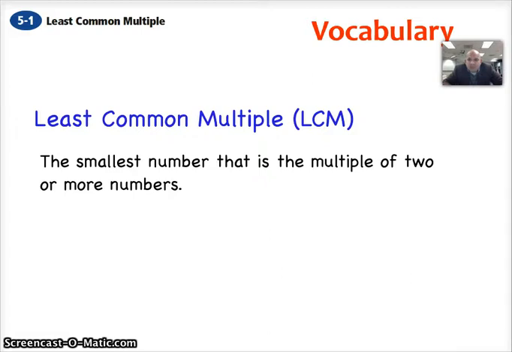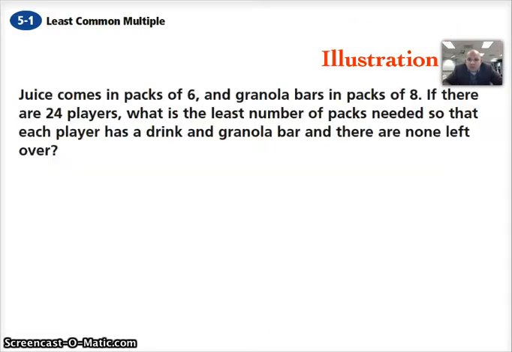So stay on this page that you've just written the definition on, and you're just going to write down how we execute the problem. Please don't write down the actual word problem, but just how we execute it. Here it says juice comes in packs of 6 and granola bars in packs of 8. So if there are 24 players, what's the least number of packs needed so that each player has a drink